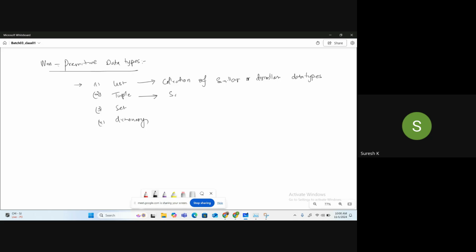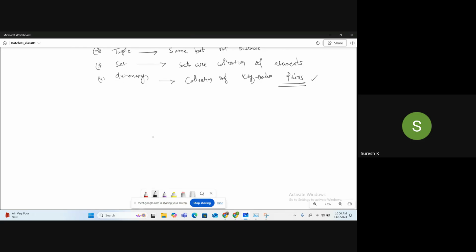Tuple is also the same, but not mutable. Sets are a collection of elements only. Dictionary is a key value pair. This is the primitive and non-primitive.